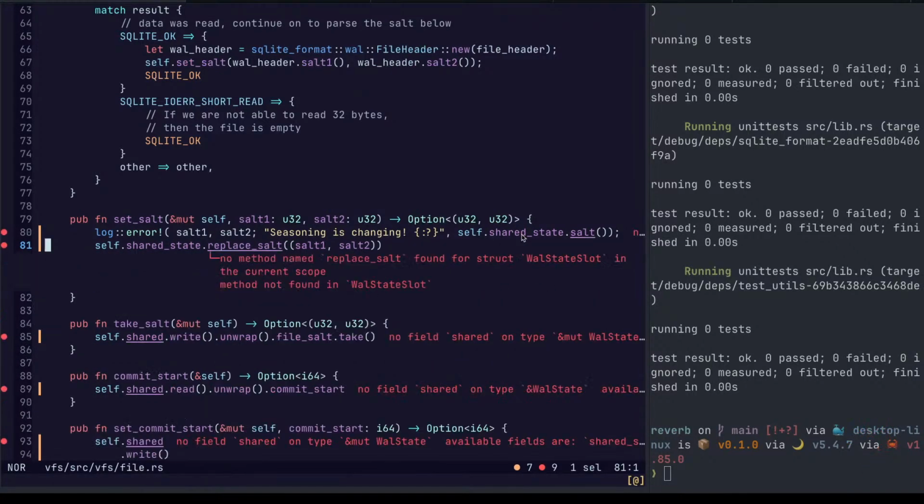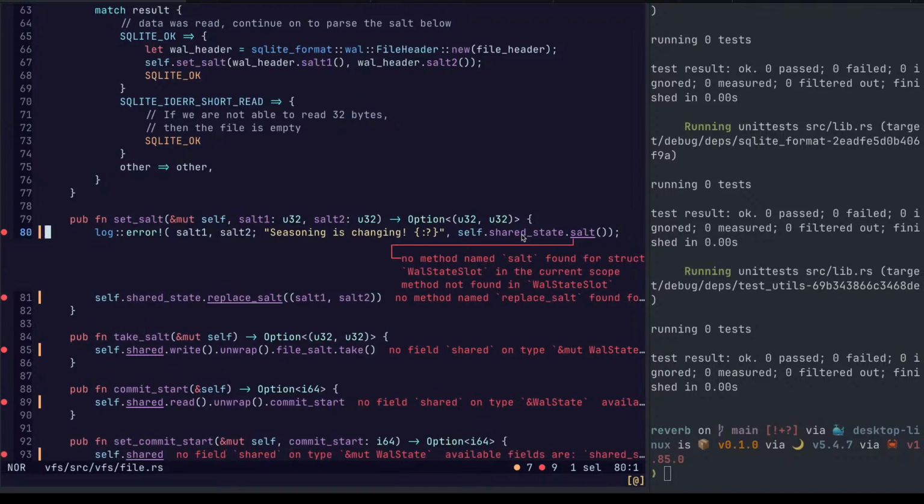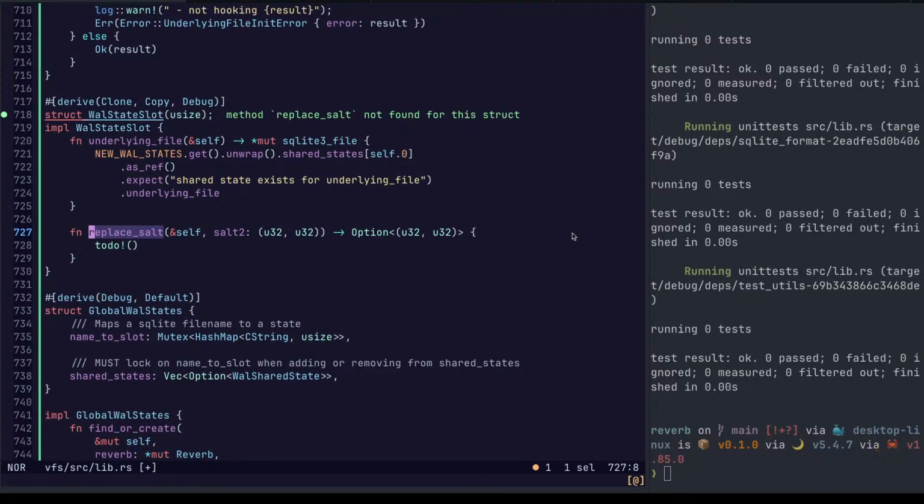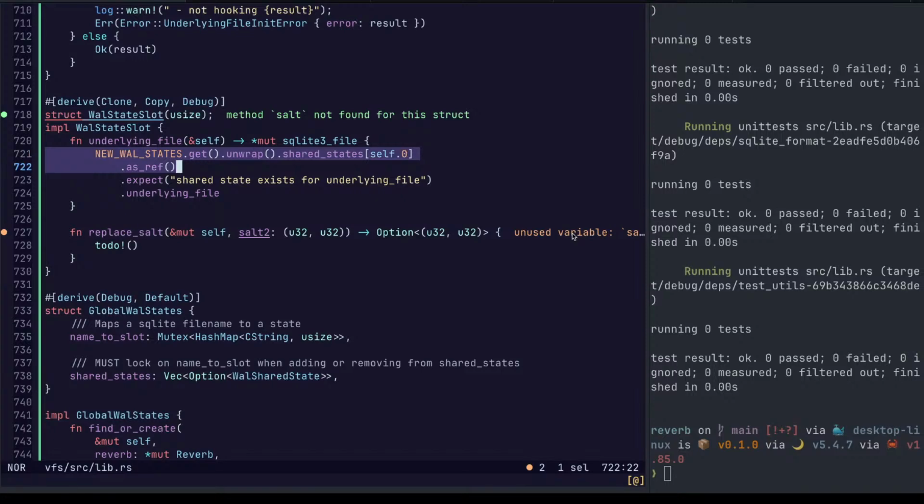Something like that. Inline macro. Generate. All right. So replace salt. We need a mutable reference to self. Let's extract this into a function.